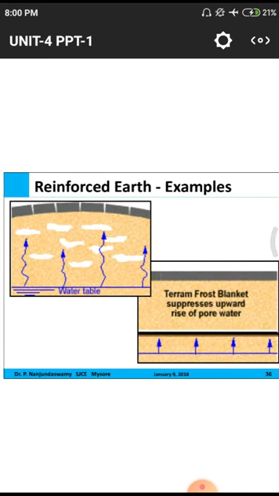First of all, they have done some rolling to consolidate. After the consolidation is completed, they go for spreading the geotextiles, and on the geotextiles they spread the embankment materials, the pavement materials. That means they mix the cement and stone dust mixture, and after spreading this material they go for rolling, and after that they go for pavement construction. This is the subgrade. After the subgrade we have the pavement structure.